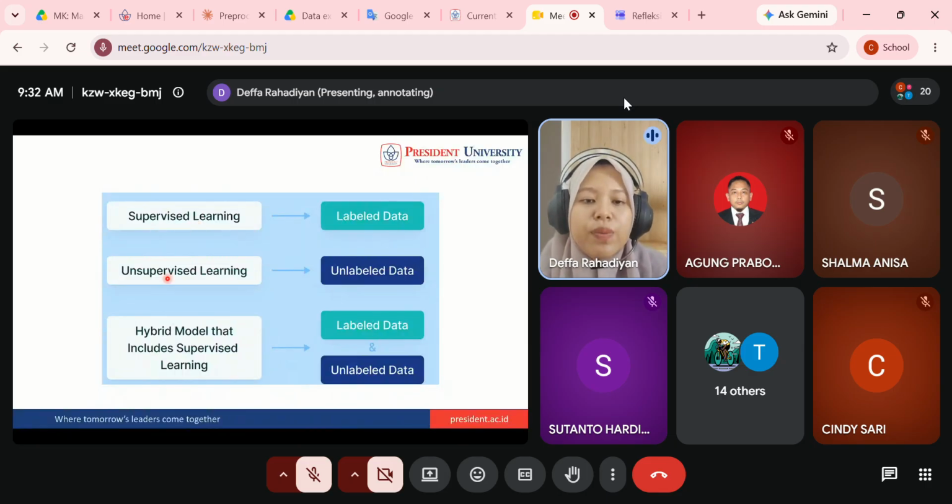And then how about unsupervised learning? Based on the name, unsupervised learning means that we do training without knowing what type of label or what type of data it is. For example, in the folder that I gave to you for the practice, you can see there is no specific label for each image, right? It is only one folder, and I combined several different flowers in one folder.